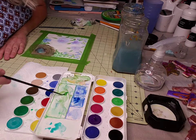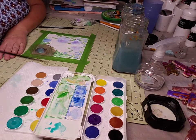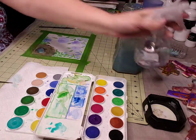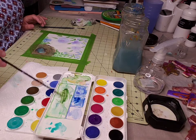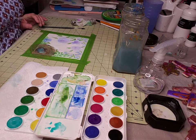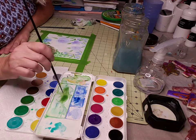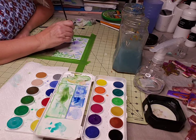Let's pick up some of our green here again. And our brown. Oops, that's not what I wanted. Our brown. Like that. Make our pretty green again. And just keep making those curly cues off of your